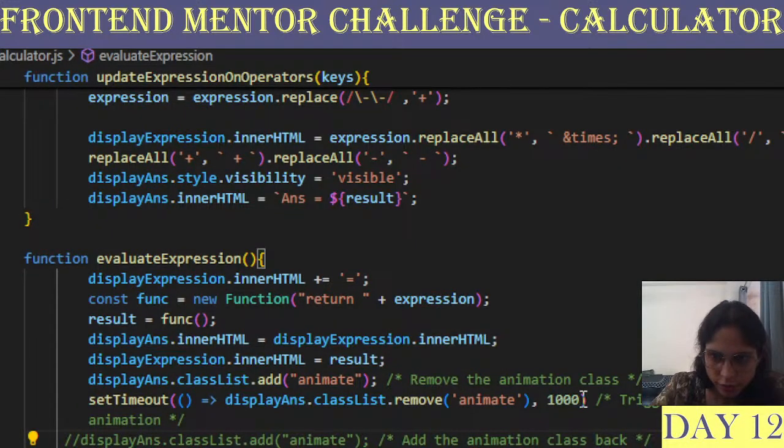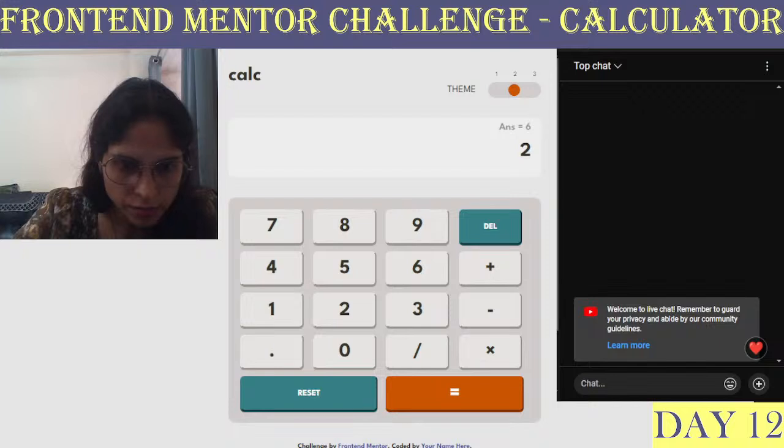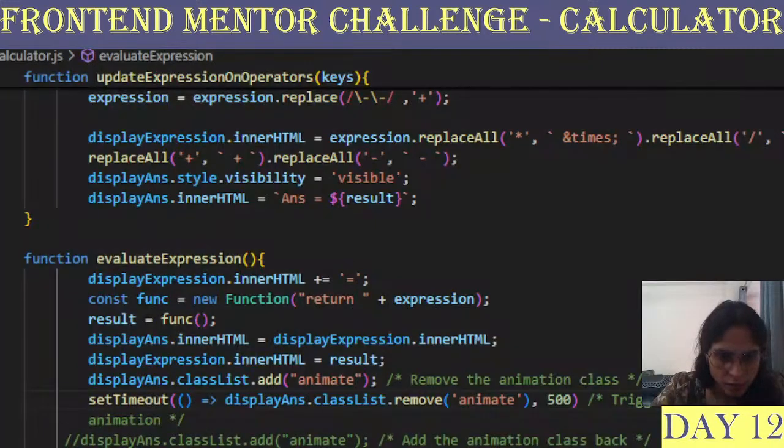So now instead of that, you just need 500 to remove it, and now let's see. Let's make it a little faster.